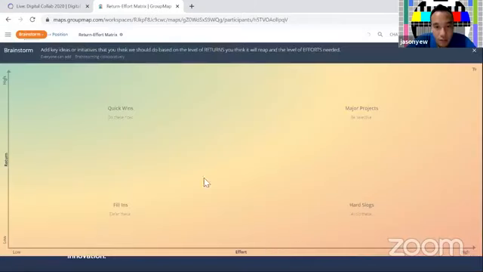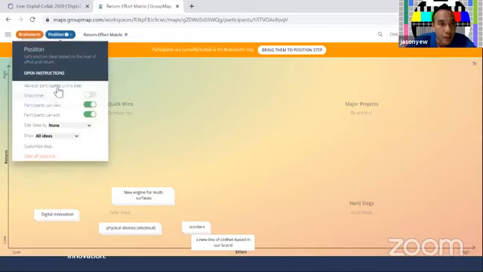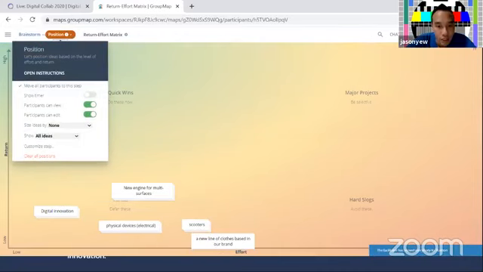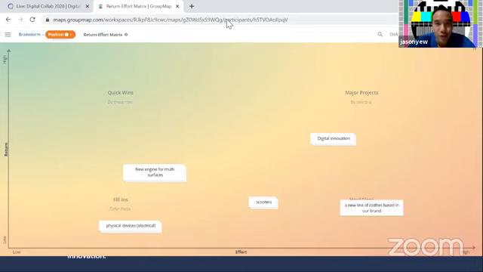Okay, so here we go. I'm going to bring everyone to the next step, which is the position step. So again, shout out if you don't see it. You should have about five or six. Yeah, so it's 1, 2, 3, 4, 5. 5 ideas now. I see some people playing around with it, moving the ideas around, no problem. Just feel free to do so.